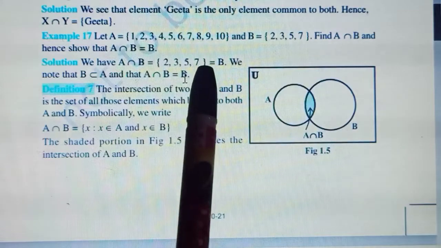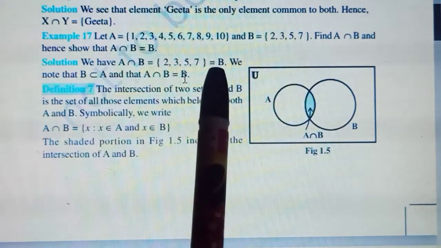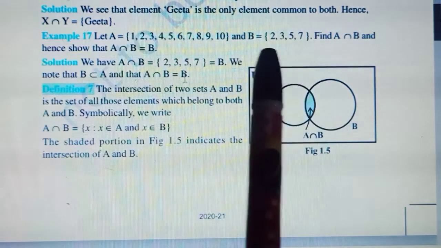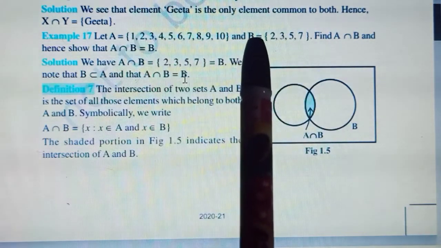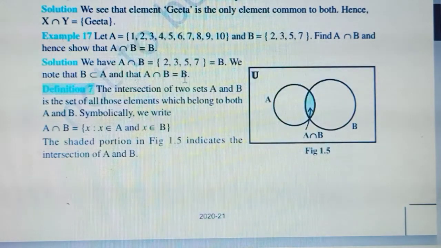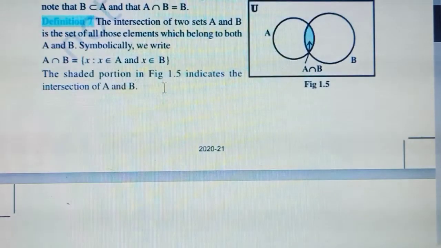And it so happens that this comes out to be exactly same as B. That was because B was a proper subset of A. So whenever a set is a proper subset of another, the intersection has to give you the smaller one, the subset. Okay, all its elements will come. But this is a particular case. At times you might get some entries present in both, like the example that we saw above. In that I think there were only 6 and 8 as two common entries. That's all. In that, 10 and further 12 were there, and the rest were other elements. Okay, so intersection means common elements, not a difficult concept. I think you'll get it.